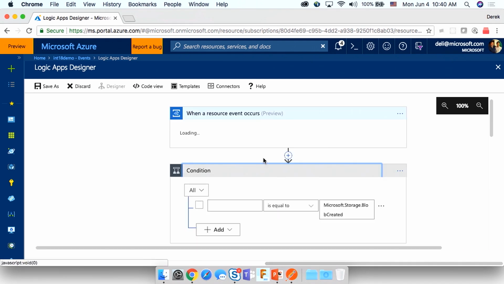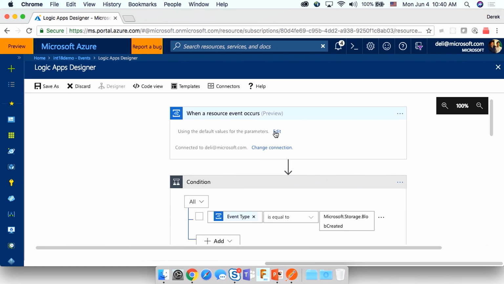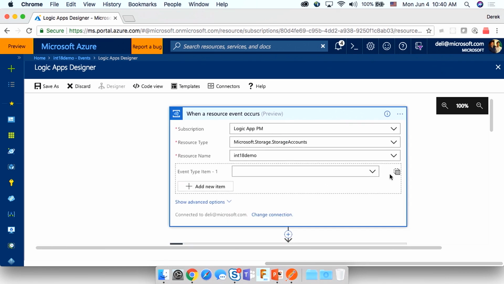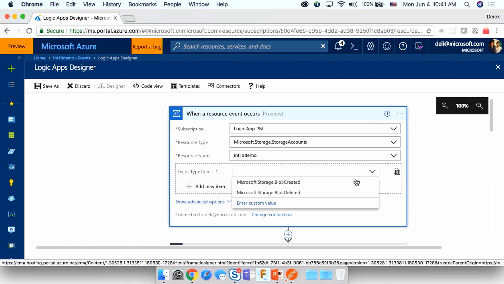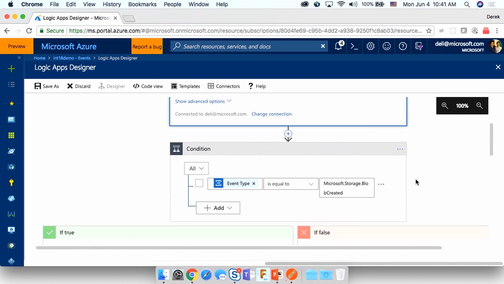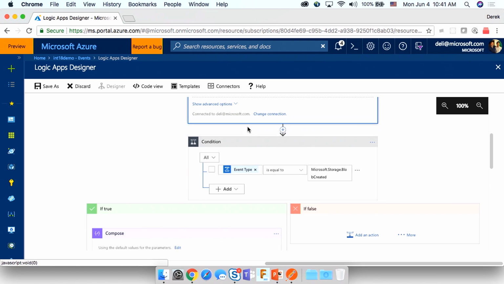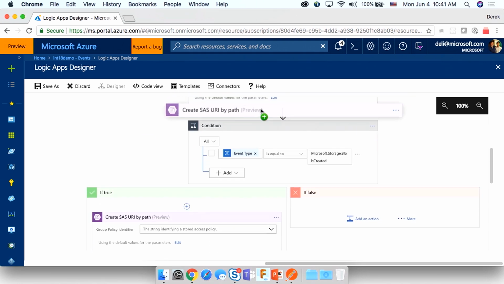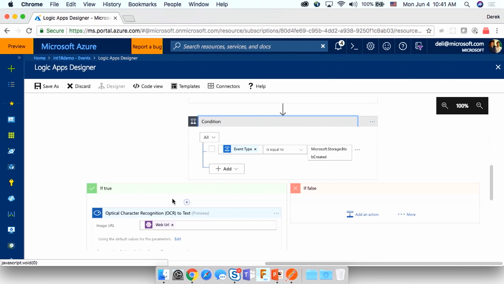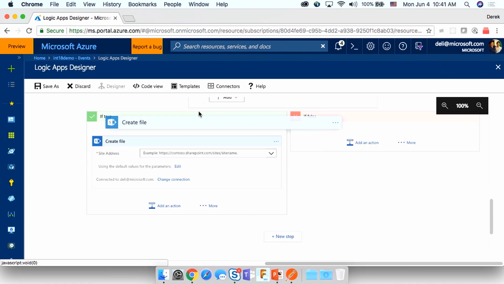Already have all the connections here. It will take a few seconds for us to establish that. So one thing I'm going to do, again, just like we mentioned, we're constantly making improvements to Logic Apps. The most recent improvement is that we allowed you to specify the particular event type that you care about when subscribed to a particular Event Grid event. So here I'm saying when a blob storage is created. And with that, I can even get rid of the condition that I currently have in the template. The template is going to be updated soon to reflect that change. So I'm just going to move really quick all the actions out of the condition.